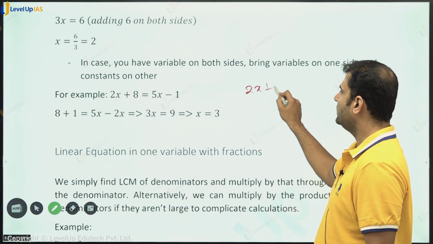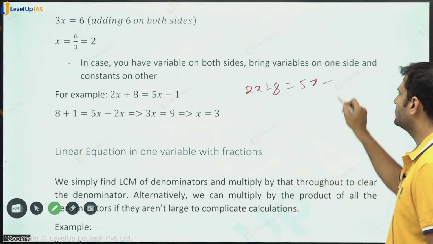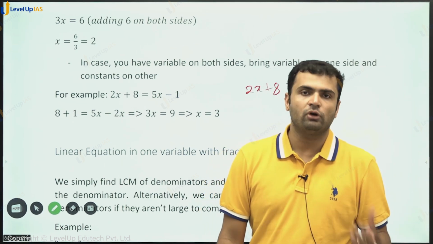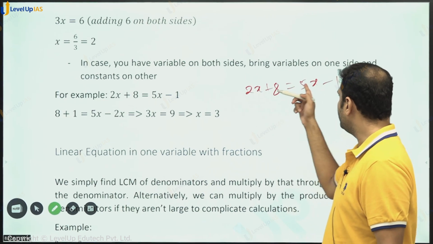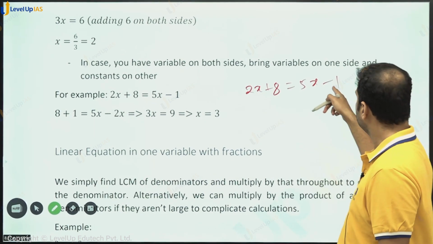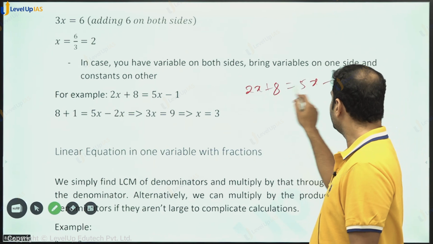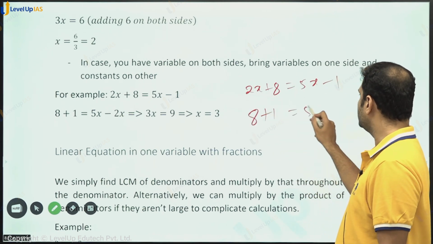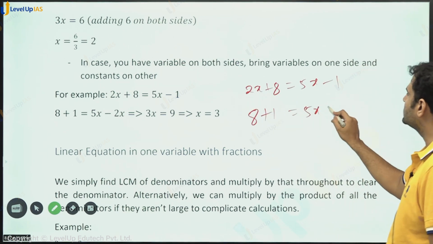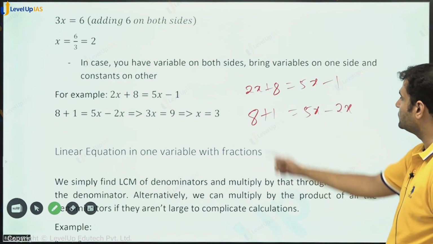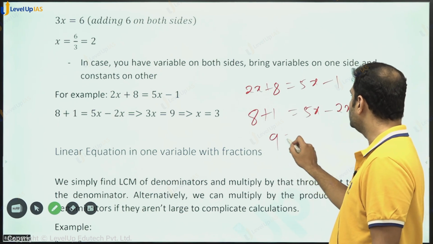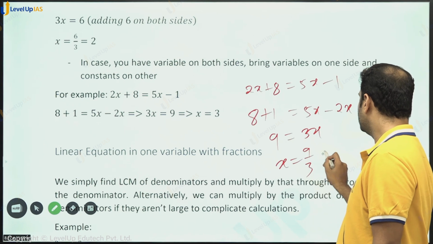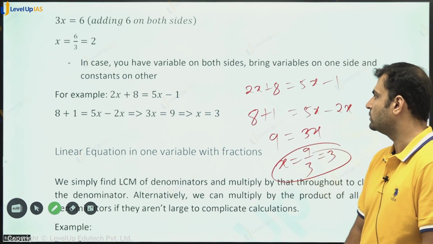Another example, 2x plus 8 is equal to 5x minus 1. What we'll do? We'll bring variables on one side and constants on another side. 2x यहाँ पे 5x है, तो 2x को इस साइड ले जाओ और ये -1 को इस साइड ले जाओ। -1 को इस साइड ले जाओगे तो क्या आएगा? +1 आएगा। 8 + 1, एंड ये 5x है, ये वैसा का वैसा, and if you bring 2x this side you will get -2x this side, because यहाँ पे वो एडिशन में है। So you will get 9 is equal to 3x. So x is equal to 9/3 is equal to 3. ये आएगा सॉल्यूशन। फाइन।